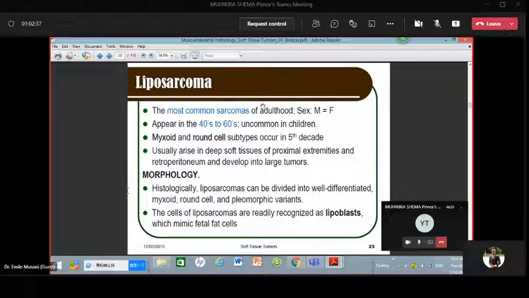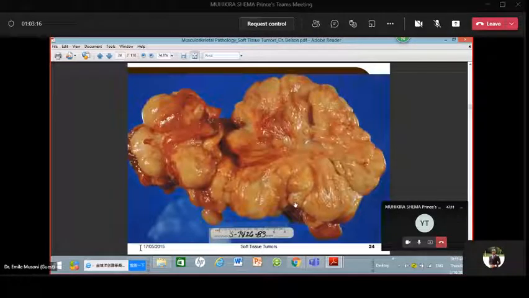The most characteristic of liposarcoma on the image is the presence of lipoblasts. This one mimics fetal fat cells. What you must know is that in sarcoma we find lipoblasts, whereas in the lipoma, we don't find the lipoblasts. Liposarcoma histologically can be divided into well-differentiated, myxoid, round cell, and pleomorphic variant. For example, this one is a liposarcoma,